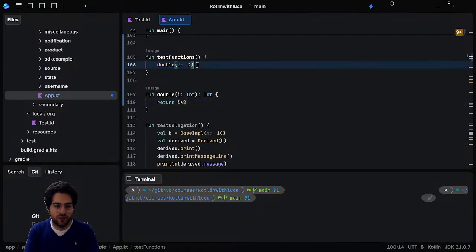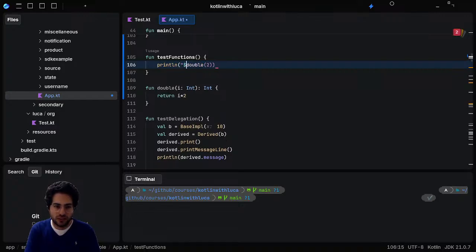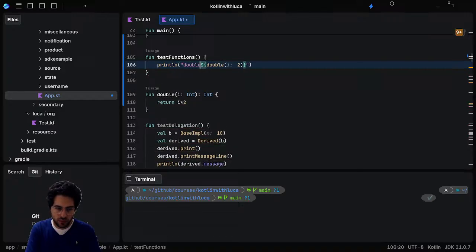This will give us the double of the number that we're giving, and this is basically a way of printing it. So double of i,